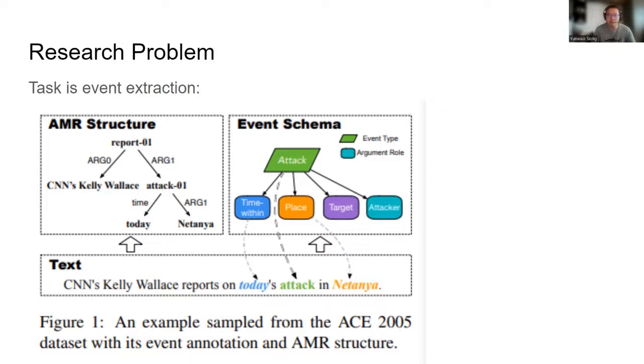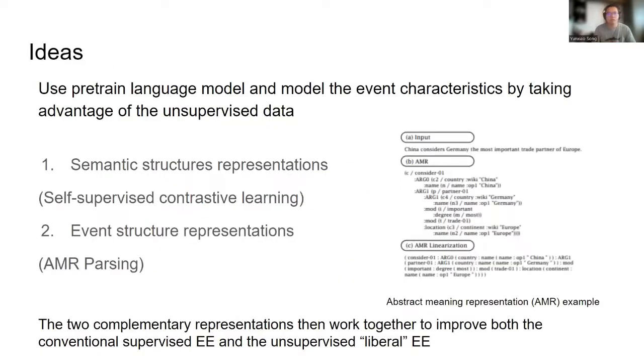Speaking of semantic structures, this framework will use information from automatically extracted semantic structures using an AMR parser. The previous pre-trained models on event extraction did not involve any modeling of event characteristics, which means they are purely text encoding based, which results in event extraction models not actually taking advantage of all the unsupervised data. So the essential ideas are